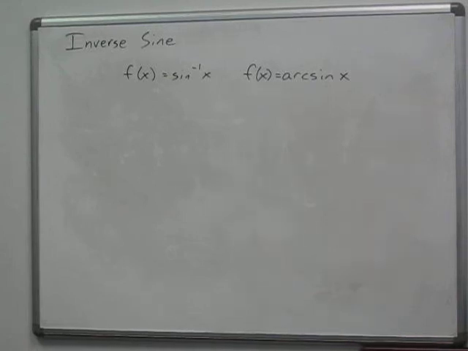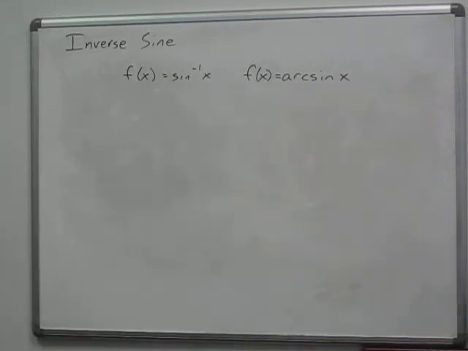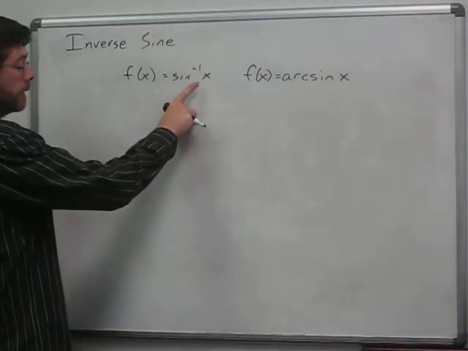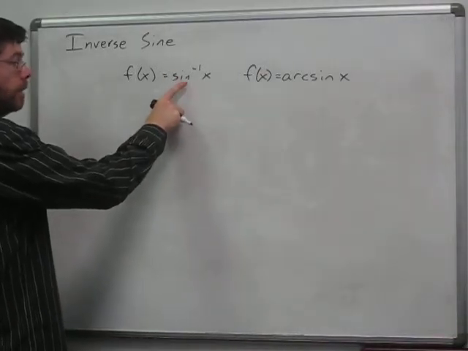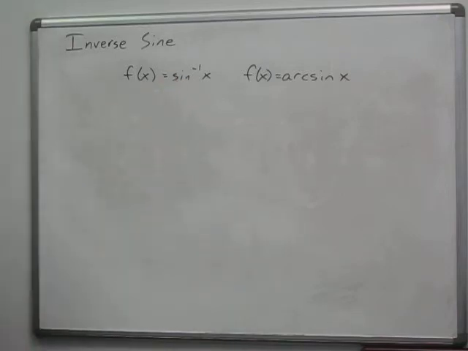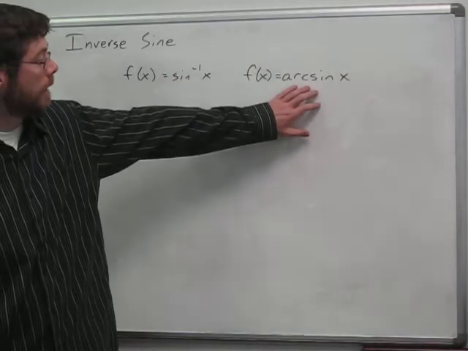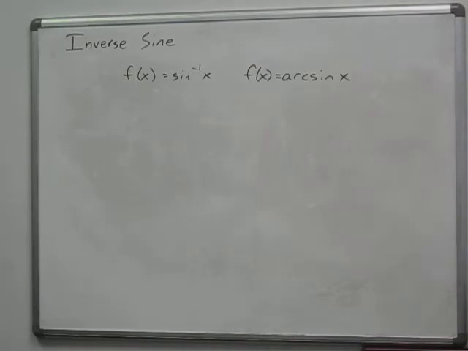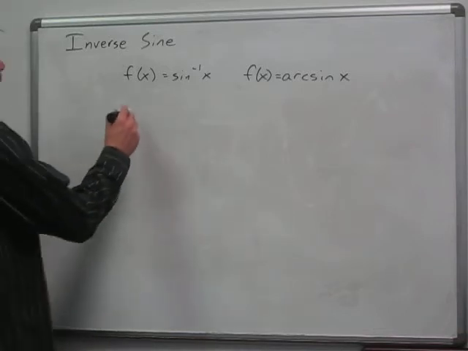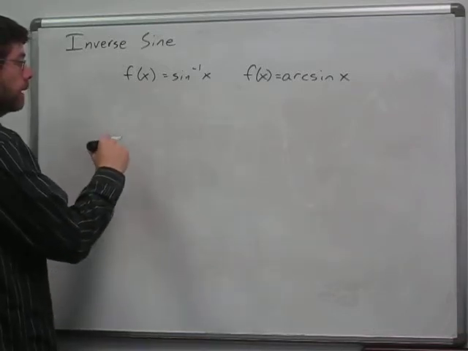On the board we have the two notations used for the inverse sine function. The first, sine inverse of x. This is not sine to the -1 power, this is sine inverse of x. Another common notation for the inverse sine is arc sine of x. Right? And this function is defined as follows. Sine inverse or arc sine of x